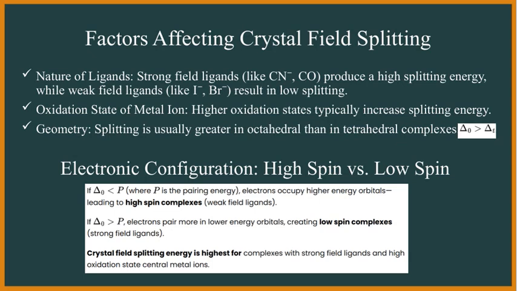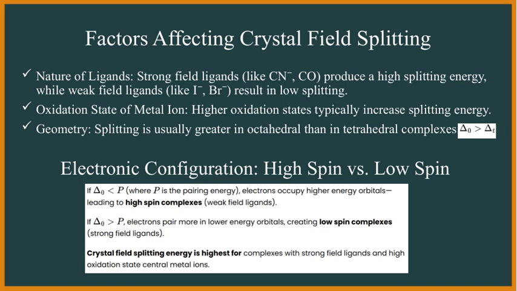Let's explore the factors that influence crystal field splitting. First, the nature of the ligands plays a crucial role. Strong field ligands, such as cyanide or carbon monoxide, tend to produce a high splitting energy, meaning they cause a larger gap between the d orbitals. Conversely, weak field ligands like iodide or bromide generate a lower splitting energy, resulting in a smaller gap. Next, the oxidation state of the metal ion also affects splitting. Typically, higher oxidation states lead to increased splitting energy because the metal ion's positive charge pulls the ligands closer, strengthening